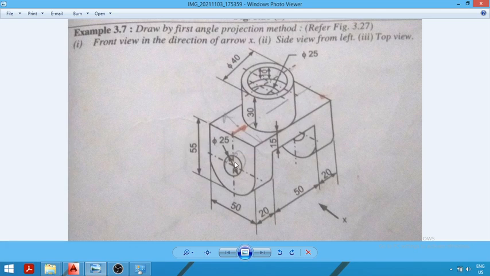If we observe this object from the left hand side, that is from this direction, we can see two surfaces entirely visible. The first surface is of this lower part. You can see this planar surface. Now this planar surface will be entirely visible from the left hand side view. Similarly, this cylinder, or the top cylinder, will be visible from the left hand side view.